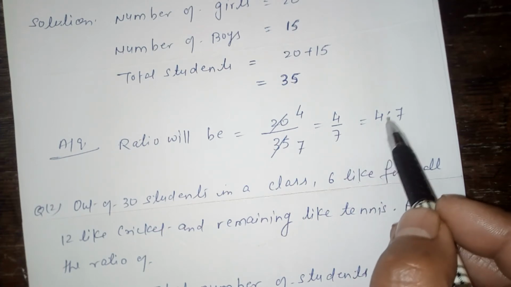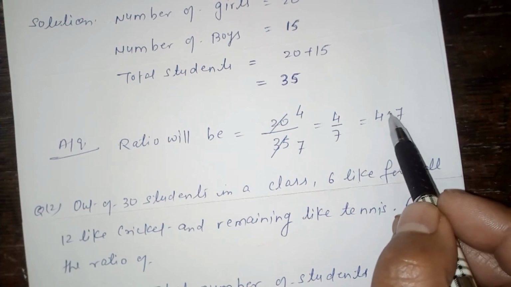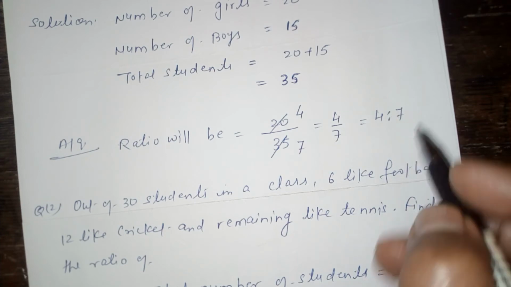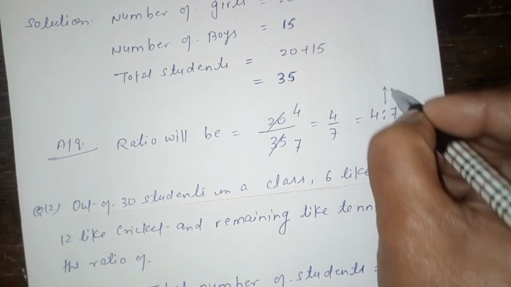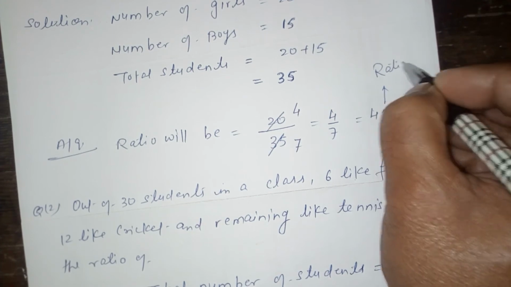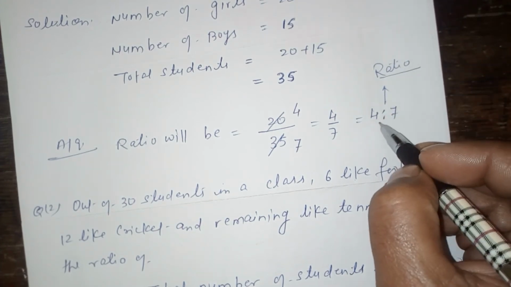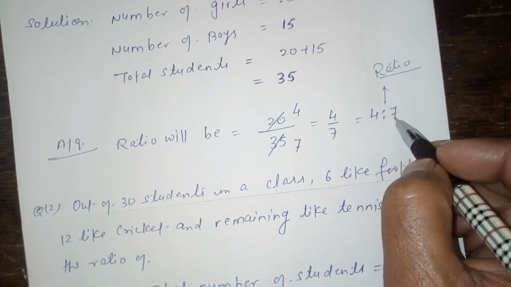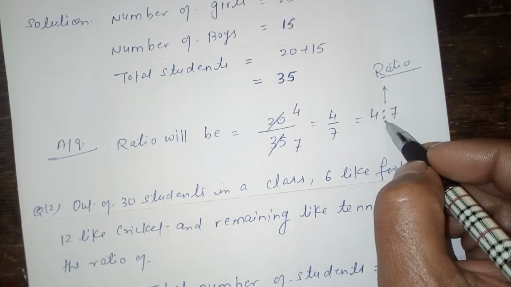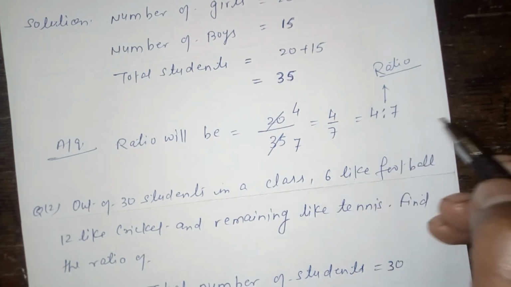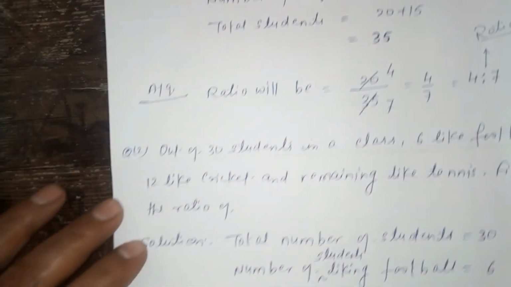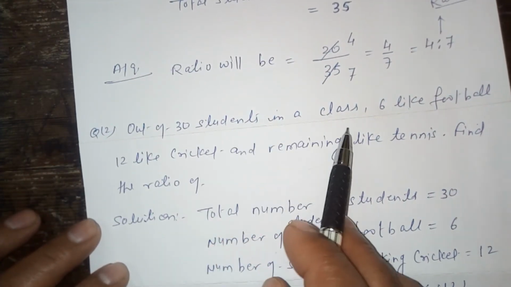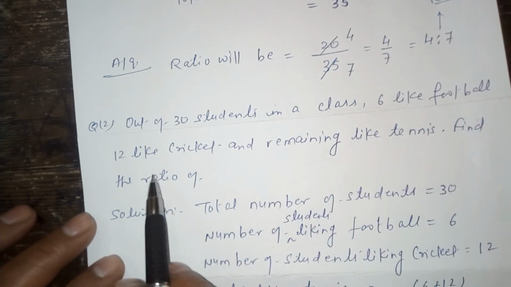It will give you 4, then two dots. What is the meaning of these two dots? These two dots are called ratio. So this number we can read as 4 is to 7 or 4 ratio 7. Both are the same. Okay, again your next question is, out of 30 students in a class, 6 like football, 12